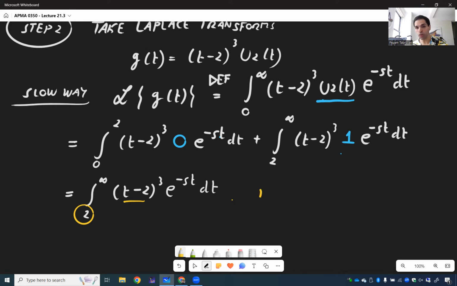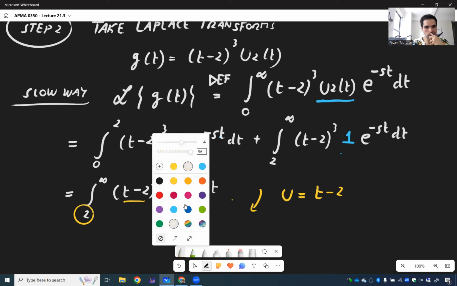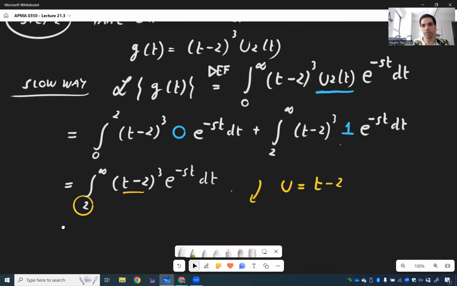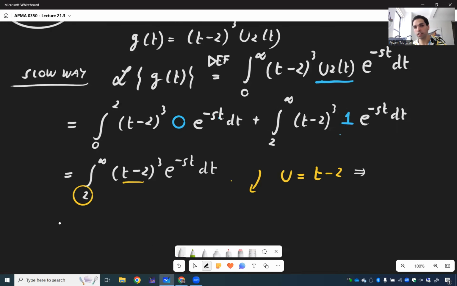So it's natural now to use a u-substitution. So let's use u equals t minus 2, in which case du becomes dt. It's not a problem. And we indeed start from 0 to infinity. So it becomes the integral from 0 to infinity of u cubed e to the minus s